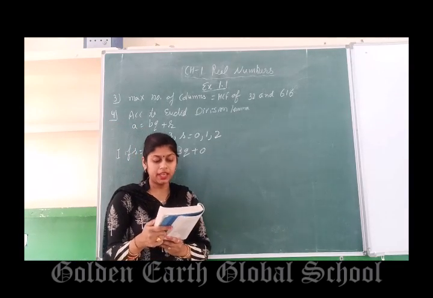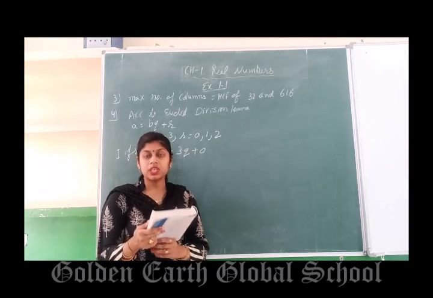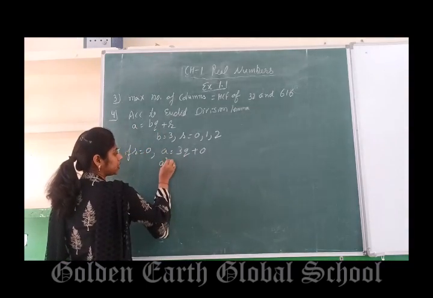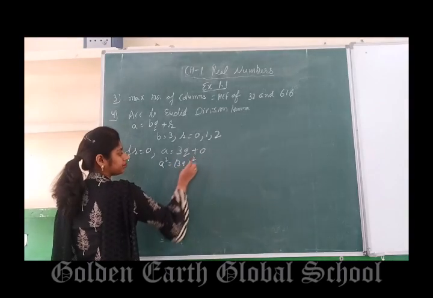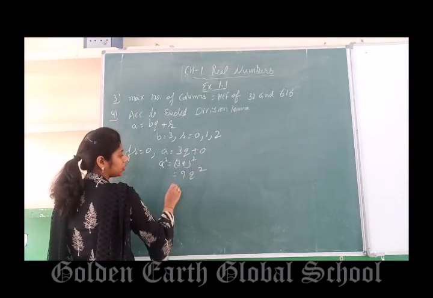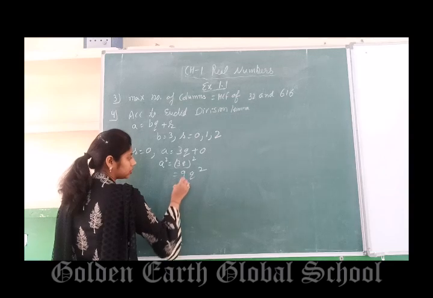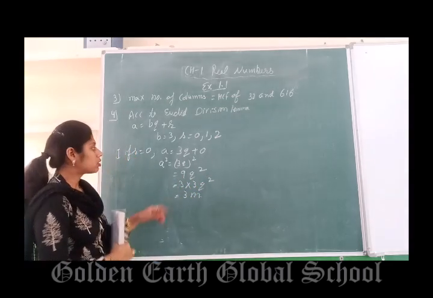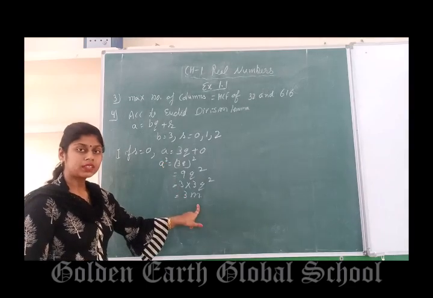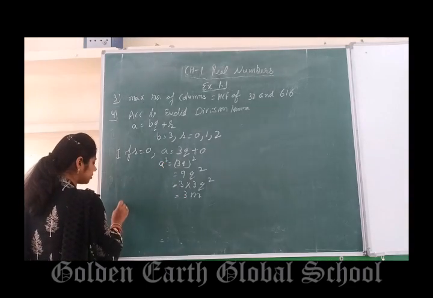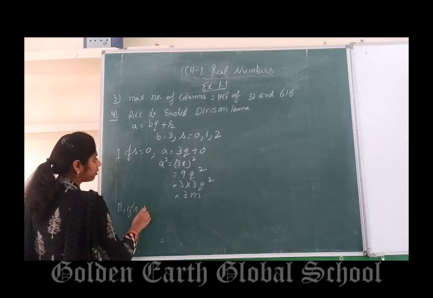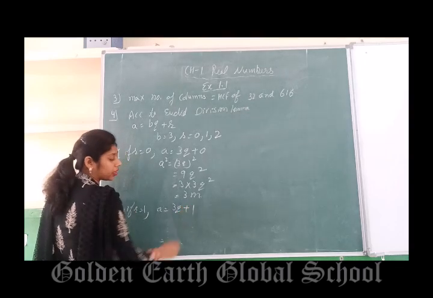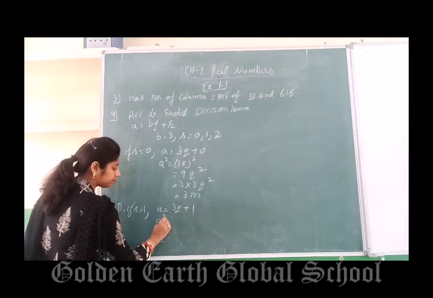In this question they said show that the square of any number. So we will do squaring on both sides. a square, 3q square, 9q square. Split 9 into 3 times 3q square. So 3m, the square of any number is of the form 3m. Again second case, if r is equal to 1. So what will be your a? 3q plus 1. Again we will do the square.